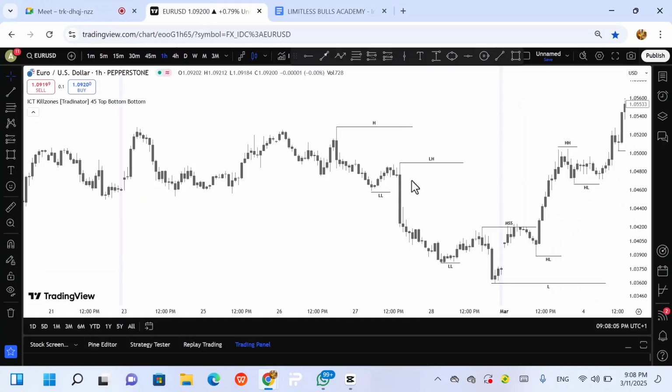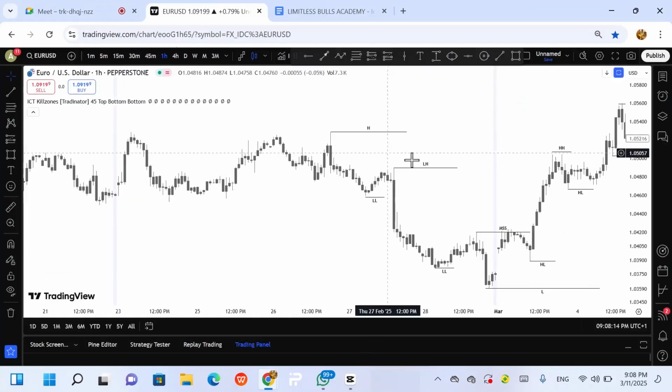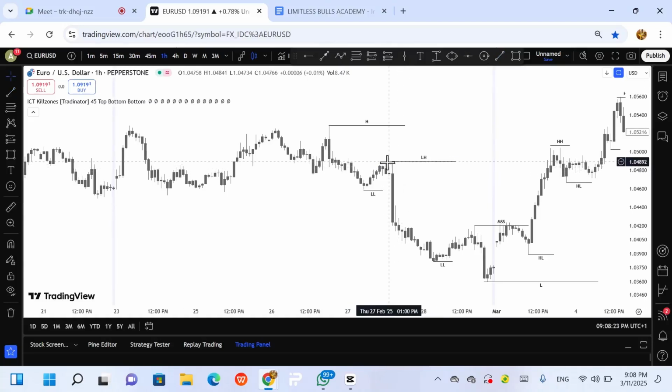Yes. Okay. So you notice what happened, that people say, "They took me, they took me." So what happened at this point now? This was a manipulation from this zone. This was a swing high. Normally, if you have sold there, you see this engulfing, this pin bar. The market is just supposed to respect this and go, but the market came for this. You call this wickedness. This is what we call a stop hunt.